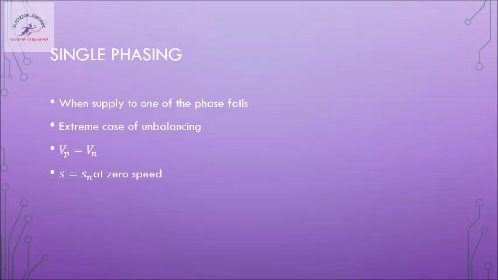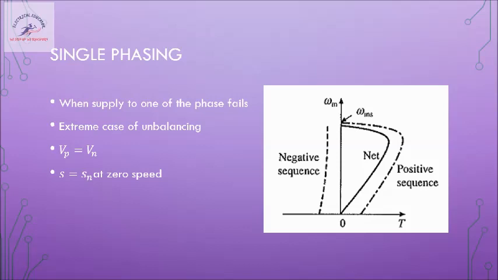So now you might have a question: if positive sequence and negative sequence voltages are equal, then the rotor should not rotate. It is very true. If the motor was at rest and single phasing occurs, the motor will not rotate. But when a motor is already rotating and then single phasing occurs, we have to analyze the scenario. We can see that the net torque reduction is very large compared to the previous graph. There is a greater reduction in the torque because of single phasing, which is not good for the motors.